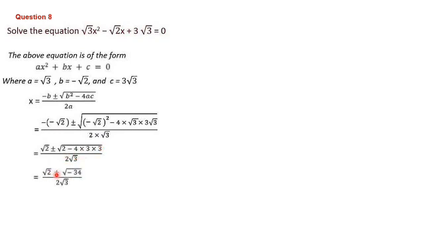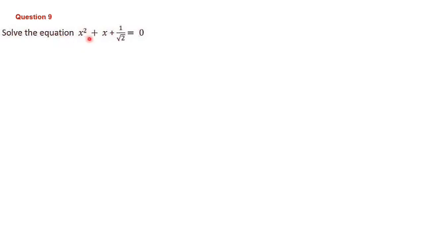That is root 2 plus or minus. Here 2 minus 4 into 3 is 12, 12 into 3 is 36. 2 minus 36 is minus 34, divided by 2 root 3. That is equal to root 2 plus or minus. This minus 1 we can write, root of minus 1 we can write as i, and inside the square root there is only 34 remaining. It comes as root 34 divided by 2 root 3. Therefore x is equal to root 2 plus or minus root 34 i divided by 2 root 3. This is the solution. Next we shall discuss question number 9.